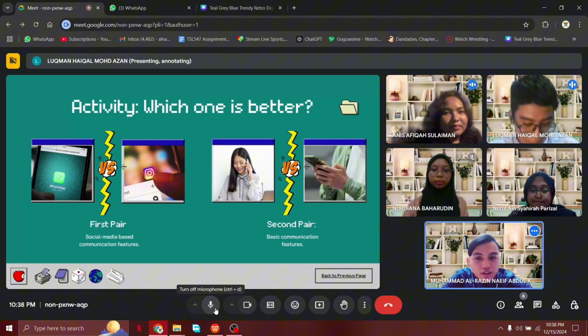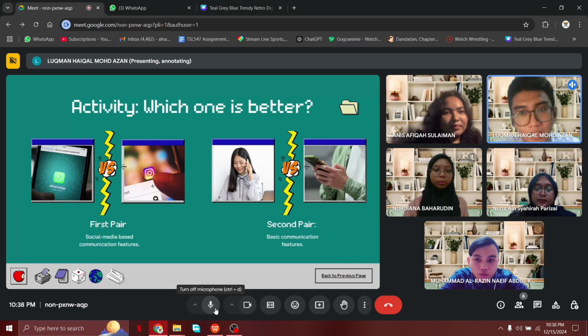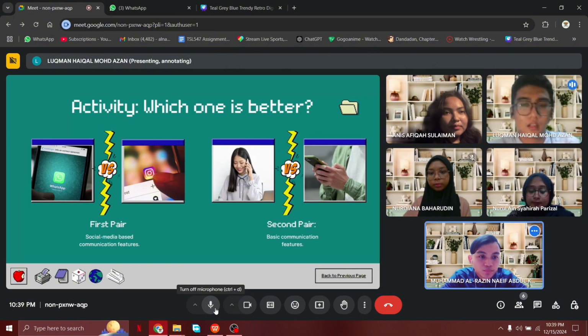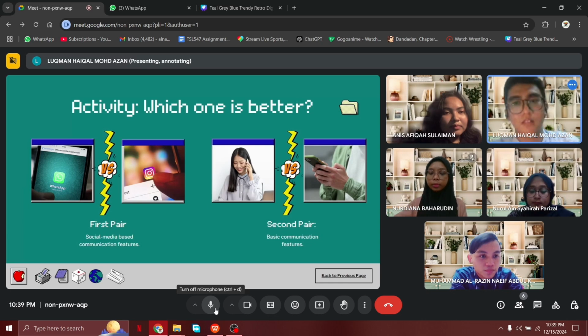Yes, and then WhatsApp also enables file sharing. You can use WhatsApp to share files with your friends, for example homework, assignments, tests, or everything.